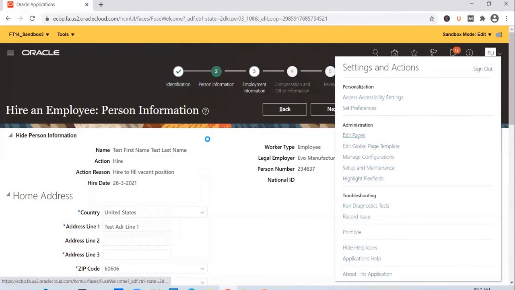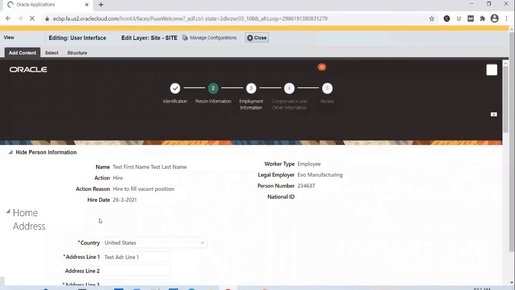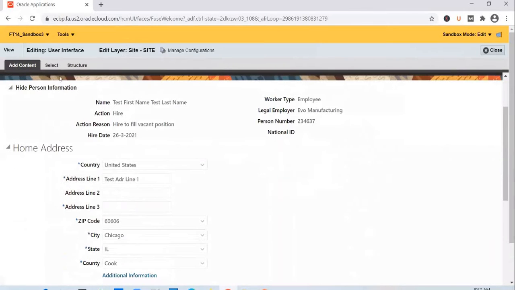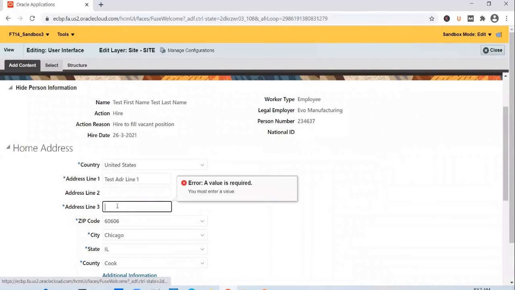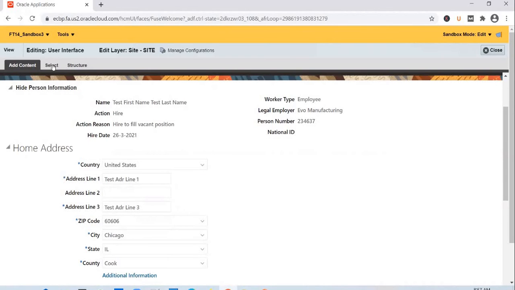Fill in the mandatory fields and then edit pages again. Go to the select tab and you see that address line 3 is mandatory now. So you can say test address line 3. Go to the select tab.